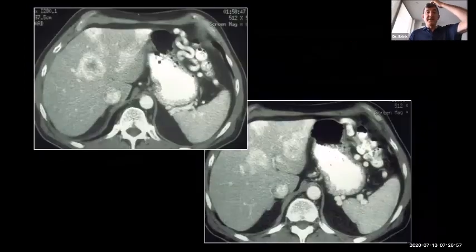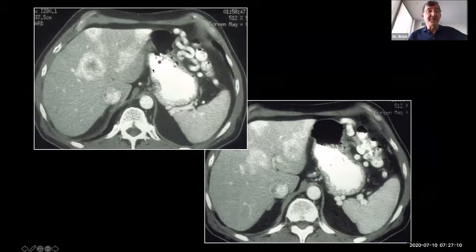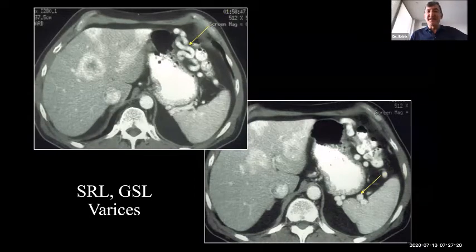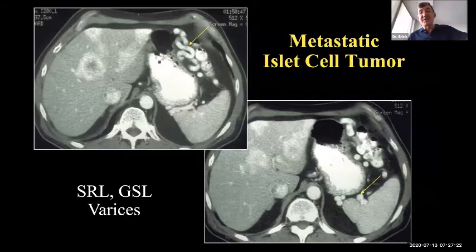All right, this patient has obvious varices in the gastrosplenic ligament and splenorenal ligaments. You can see them opening up, including varices that are extending now anteriorly toward the gastrocolic ligament. The patient has hyper-enhancing metastases in the liver, and anyone care to offer diagnosis in your homes or wherever you happen to be? This, in fact, is metastatic islet cell tumor coming from the pancreatic tail, and one might guess